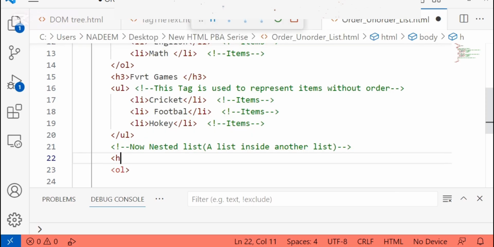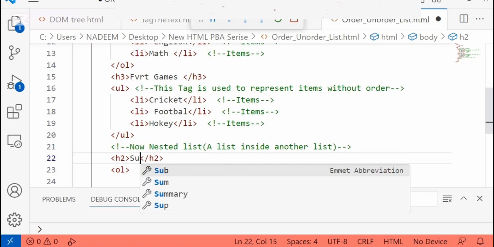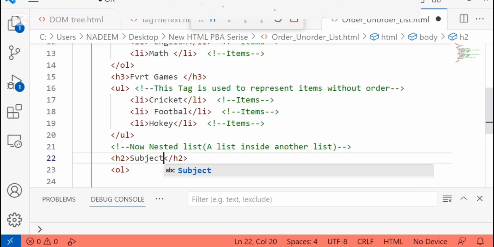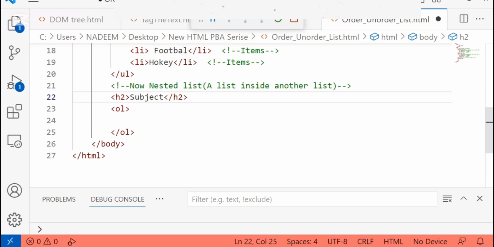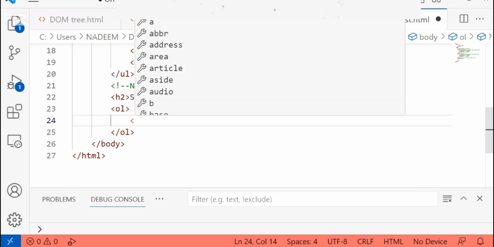For example, I am going to use h2 heading, sorry. So now let's say subject only. We need to put a heading here for better understanding.